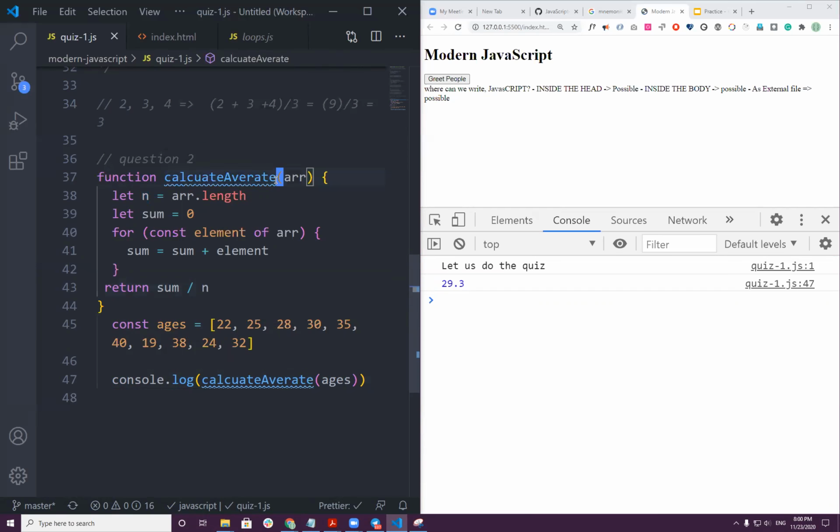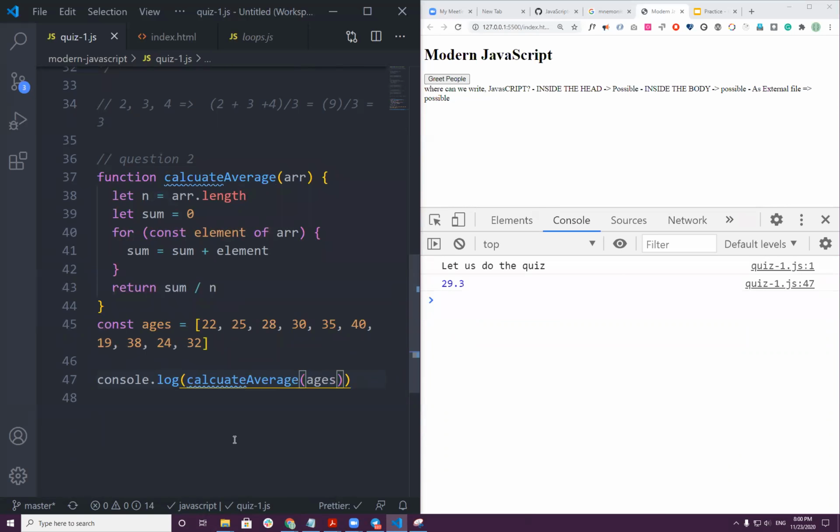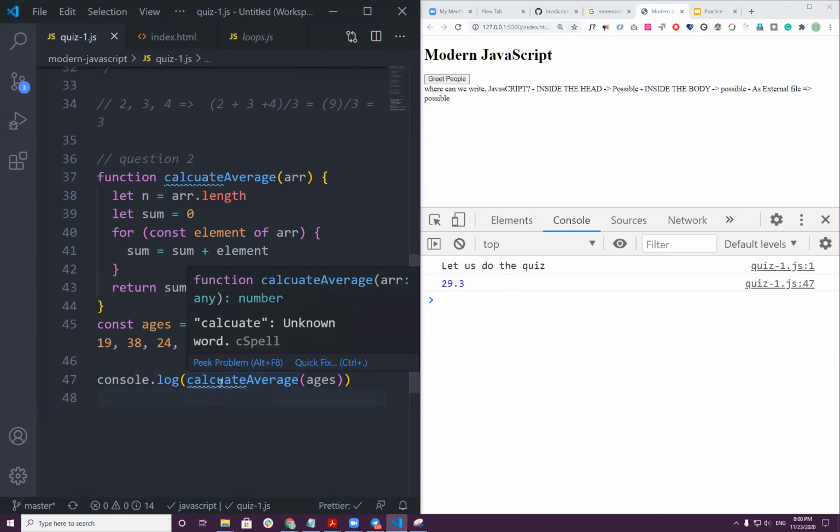Average. That's not very proper. Yes, average. And I can change this to, does it make sense? Did you get it?